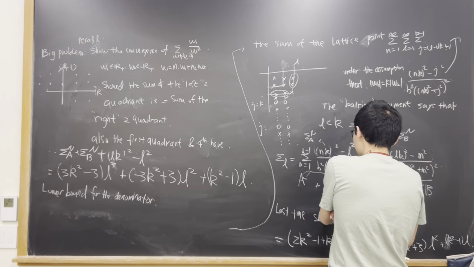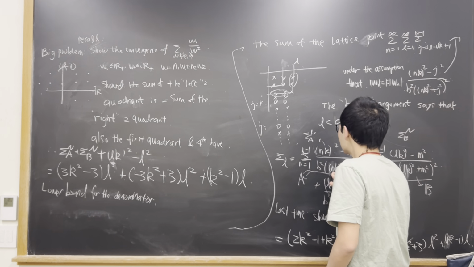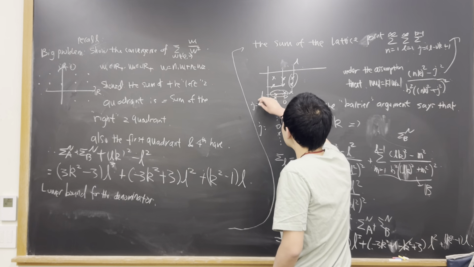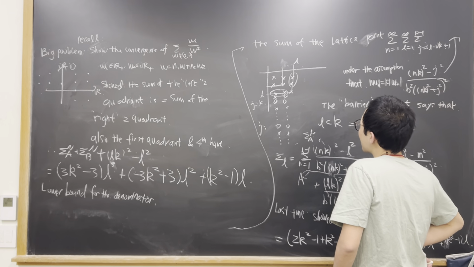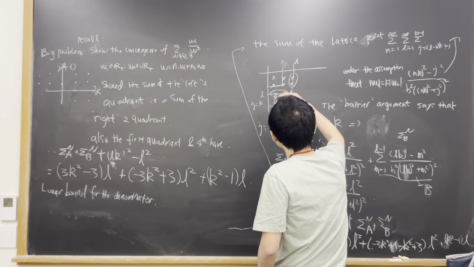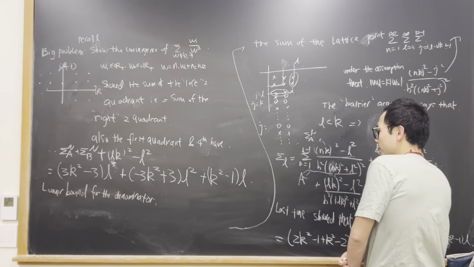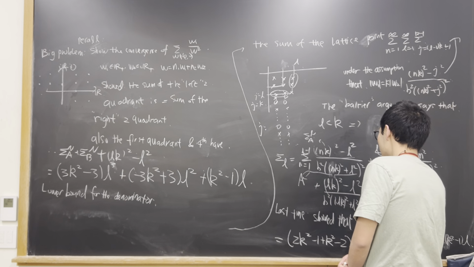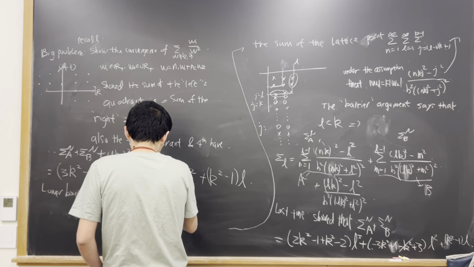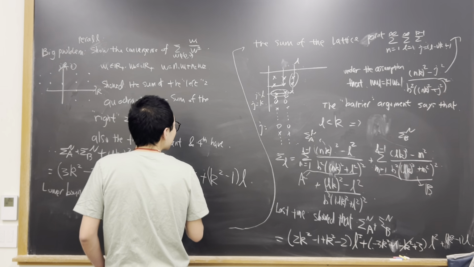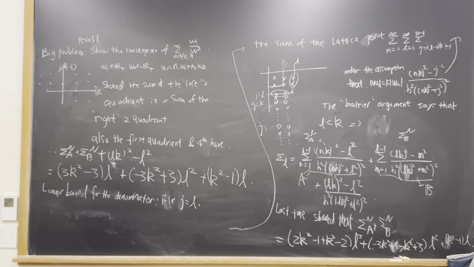So I have that the nk is, so if I fix an L for the horizontal line, like I look at the row with the j value equal to L, and then let's say fix j equal to L, and then